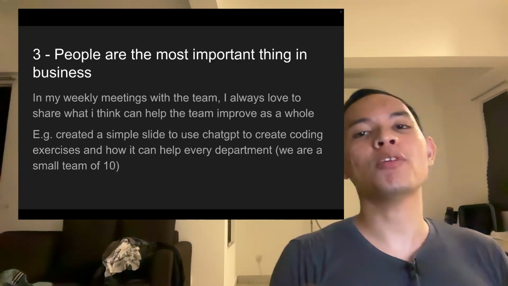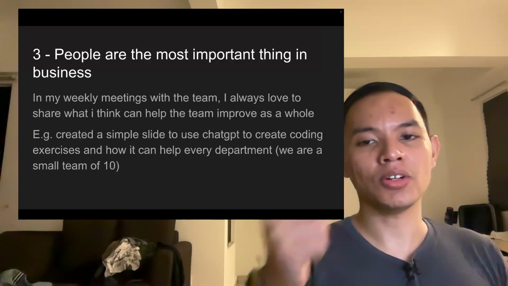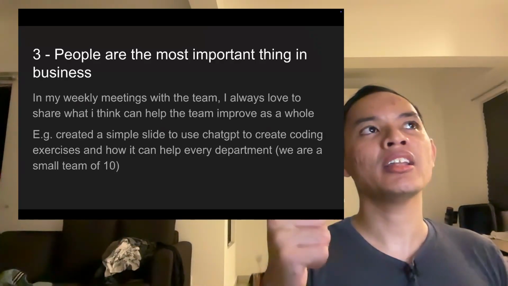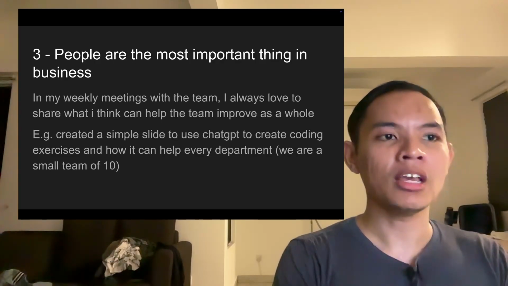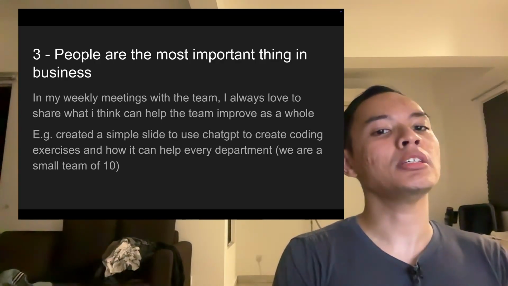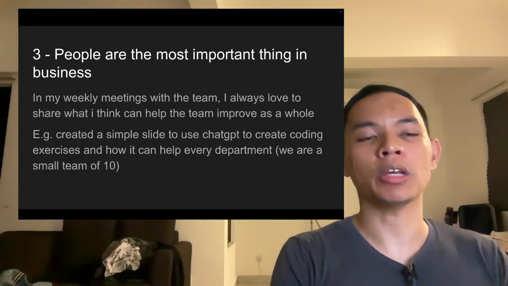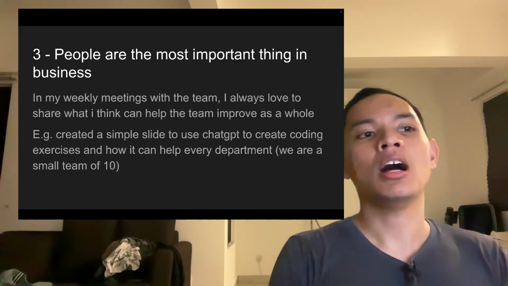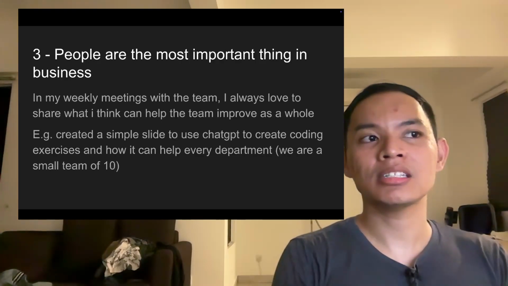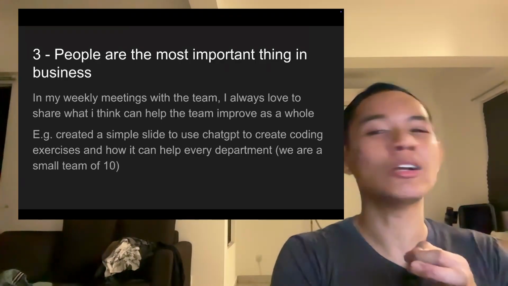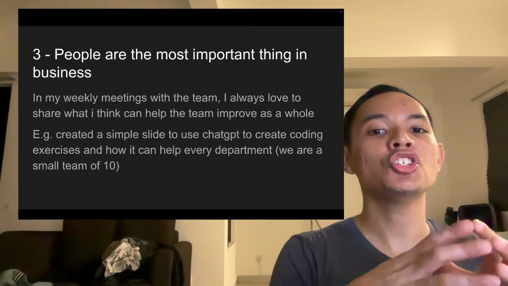And then at the same time, I also try to share different examples for every single department. So for example, for sales, maybe using ChatGPT to create objections for people who want to sign up for a coding bootcamp. And then for marketing, can you find odd ways on how some things can link to learning coding, right? So these are things that I try to share so that